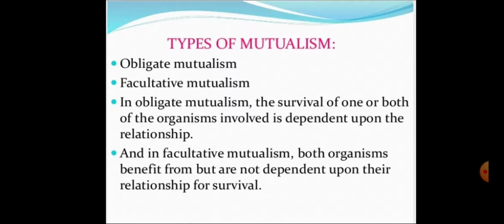In obligate mutualism, the survival of one or both of the organisms involved is dependent upon the relationship. That is called obligate mutualism. And facultative mutualism is that in which both organisms benefit but are not dependent upon